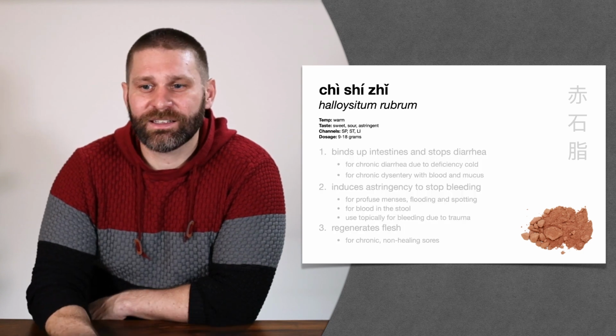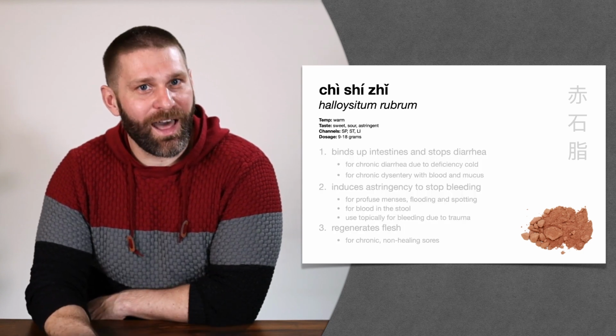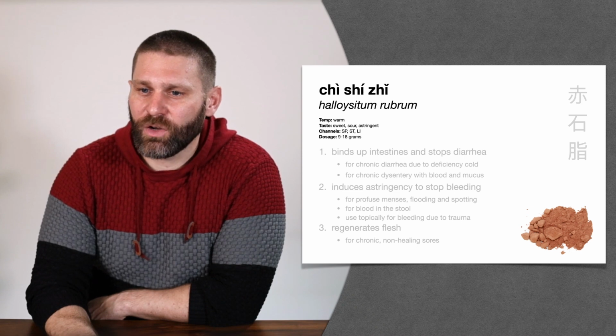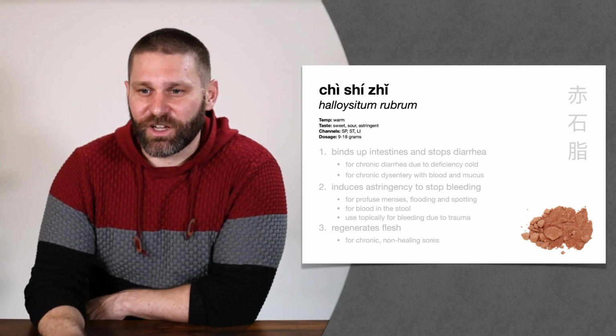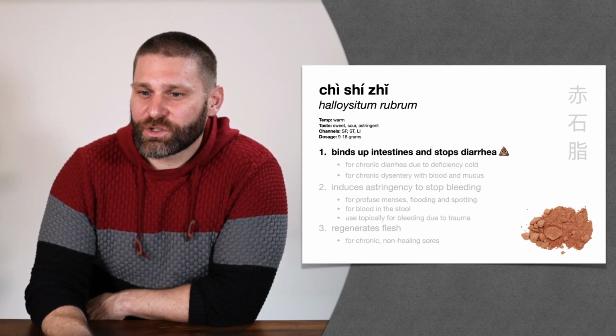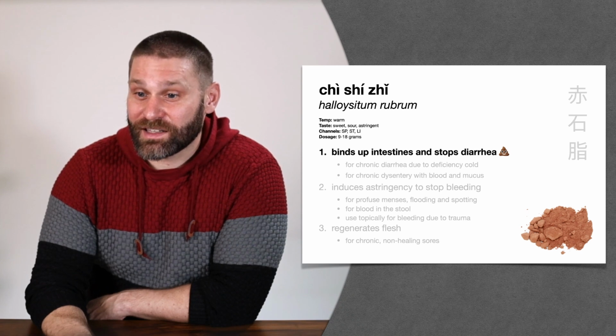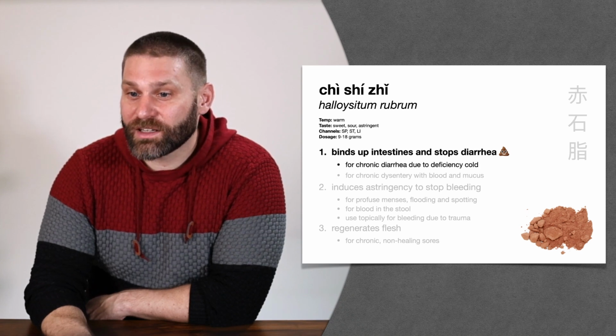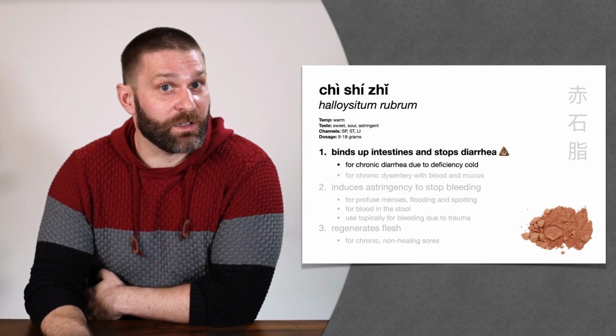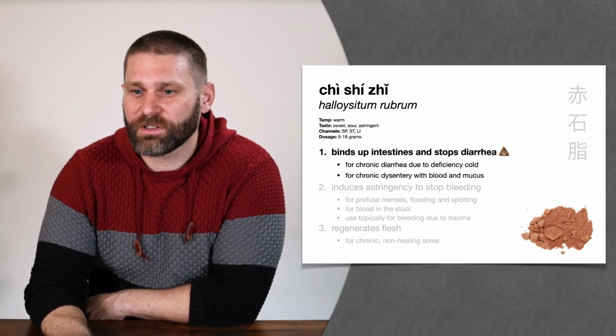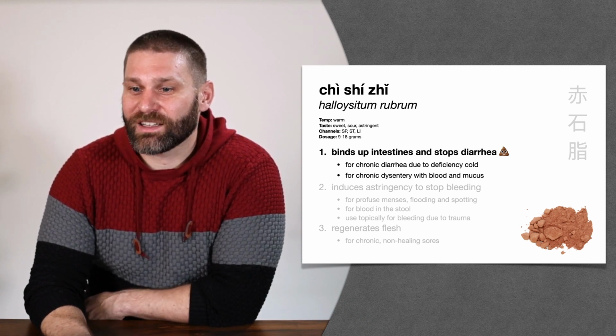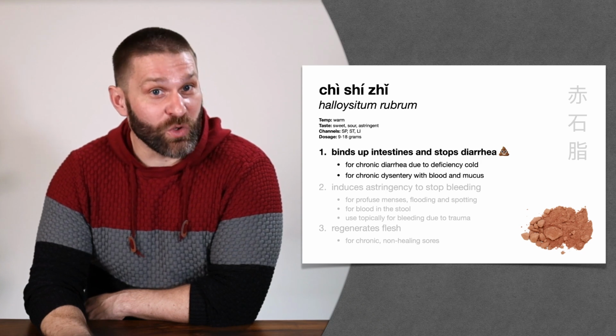Chi shi zhi. This is a mineral called halloysite. So I think it's also fun to say. It binds up the intestines and stops diarrhea, especially for chronic diarrhea due to deficiency cold. So cold in the middle due to deficiency, and especially when there's chronic dysentery with blood and mucus in the